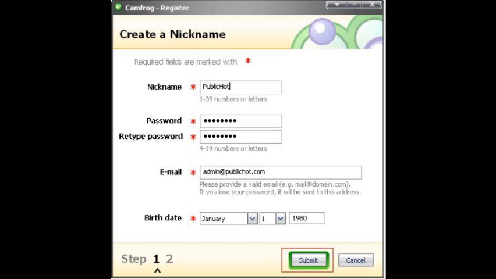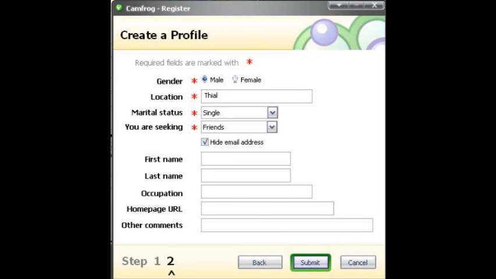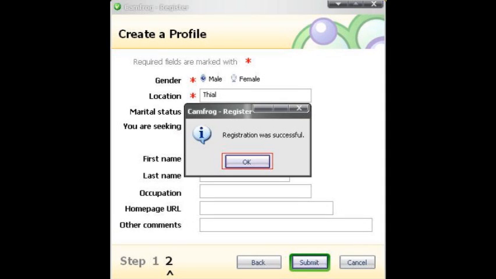And then you can key your information again, the gender, location you are seeking, and you click submit. And then when you click submit is the show registration was successful. You click OK.